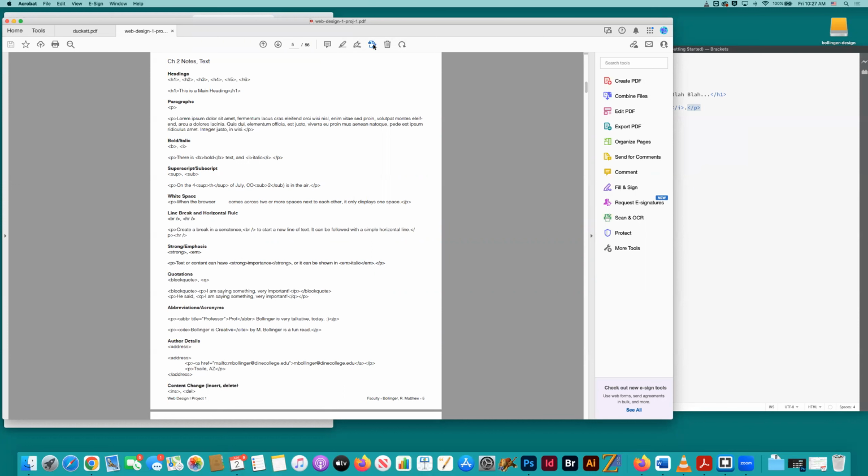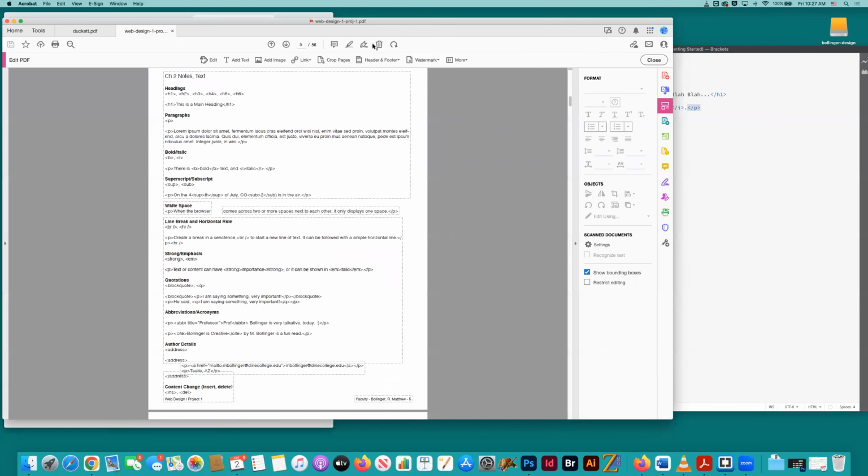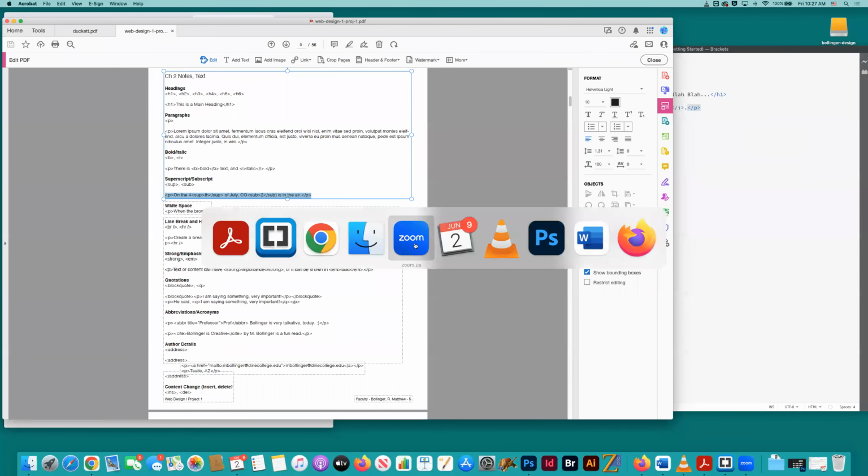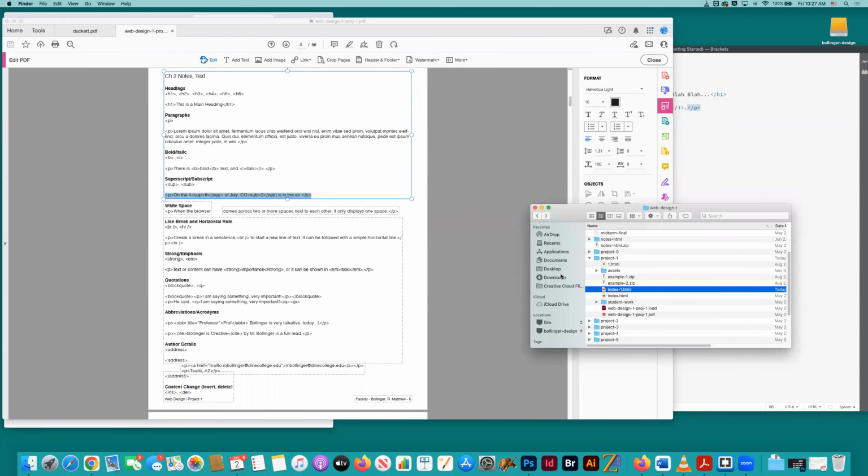the additional characteristics of the text are going to come along for the ride. So if I want to edit this PDF and come in here and grab some code, let's grab this one right here. What I usually do is I kind of launder